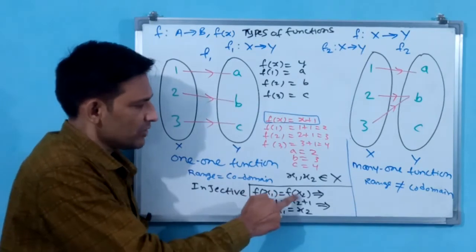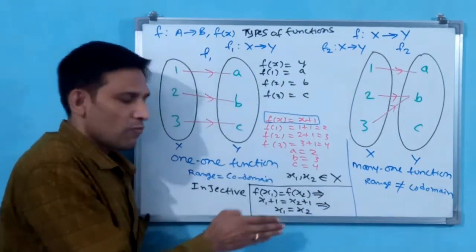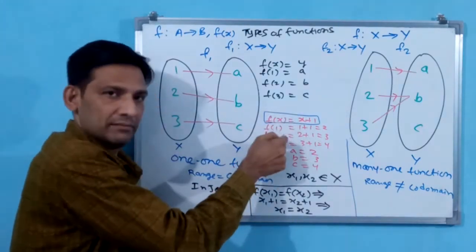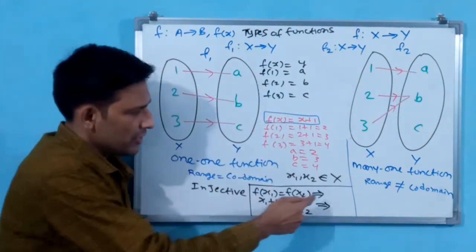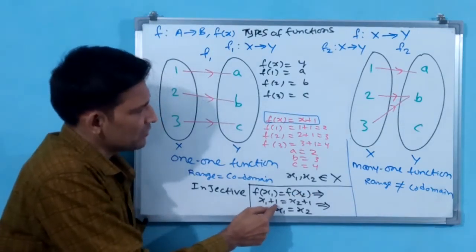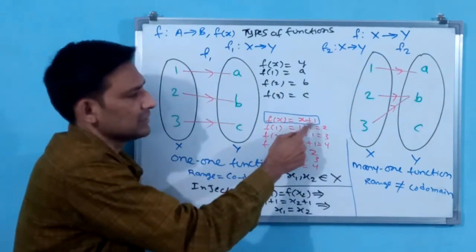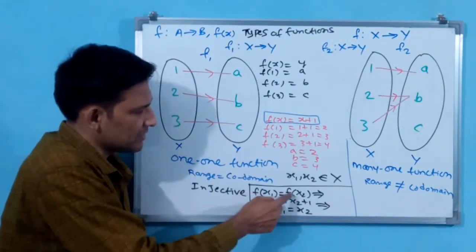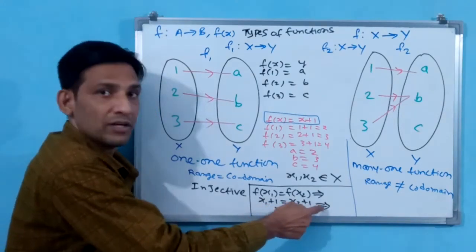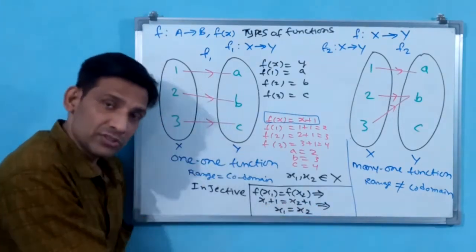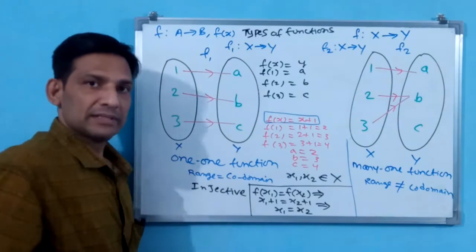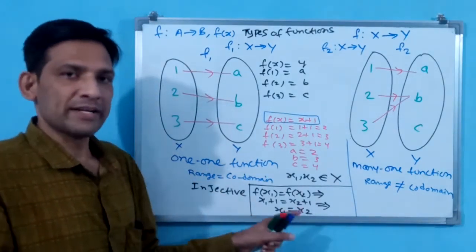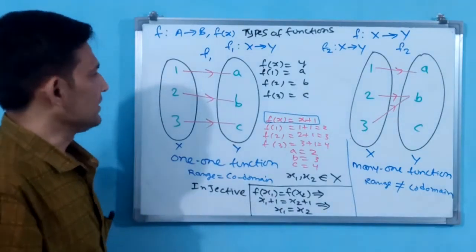f of x1 is equal to f of x2 implies. See, if implies is there, then this representation. If implies is not there, then original values. Okay, implies x1 plus 1. What is this x1 plus 1? This is the function. Why have you written x1? Because first x1 is there, that is x1. Next x2 is there, that is x2. Implies, then x1 is equal to x2. This you have to write for one-one function. Whatever you may write descriptively, this also you have to write as a representation or notation.